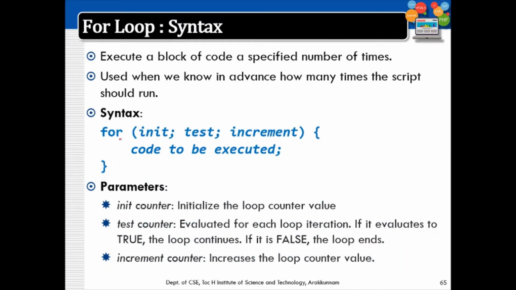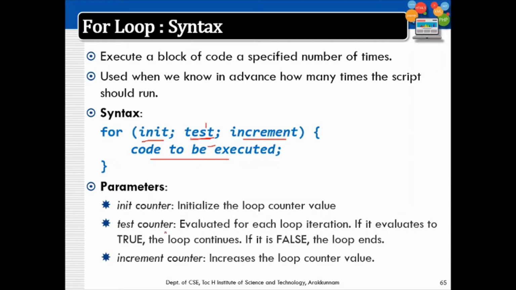Then moving to the for loop, again the syntax is similar. First initialization, then test the condition and the code will be executed. After execution, it will increment the value, test it again and go back to the statements. Once the testing condition fails, it will exit from the loop.